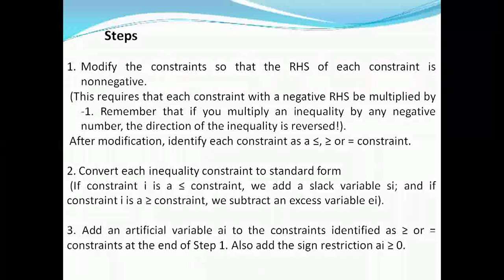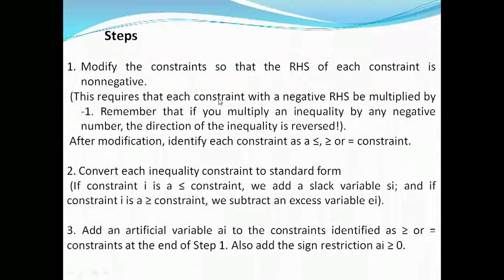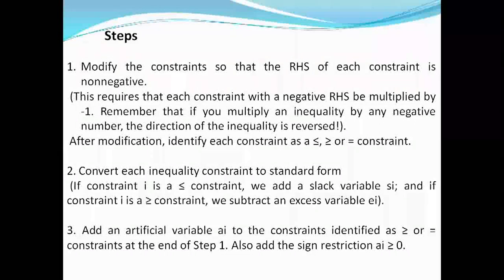That is the criteria. So the first step in the big M methodology: the right-hand side needs to be converted to the left-hand side direction with non-negative characteristics by equating to 0. Second step, adding a slack variable. Slack variable in the sense of converting an inequality constraint to a standard problem. By adding a slack variable, that is an additional variable, to subtract the excess variable, we will be utilizing the slack variable.